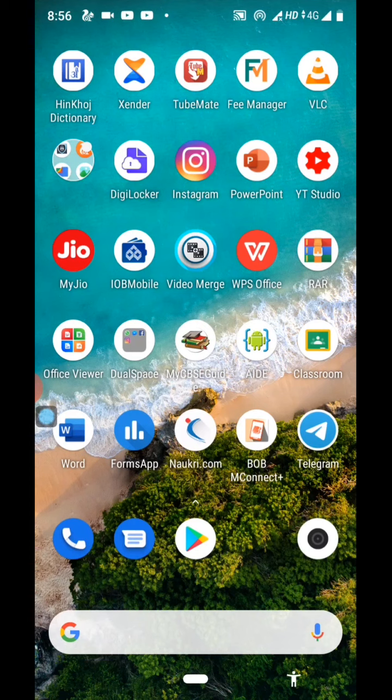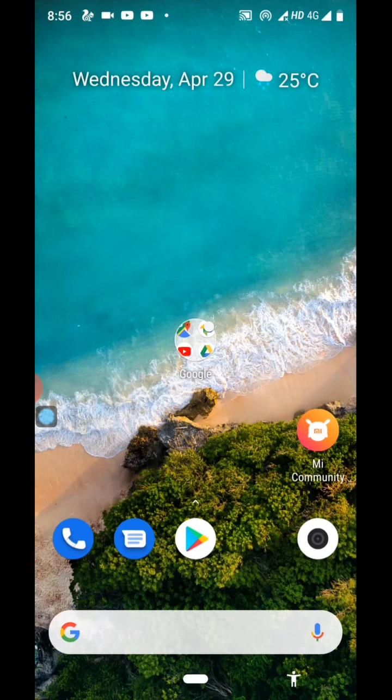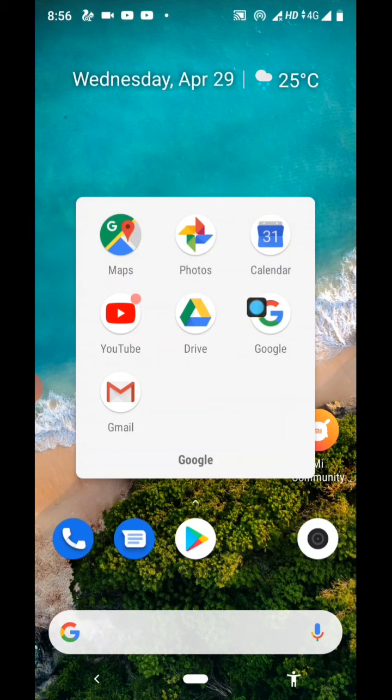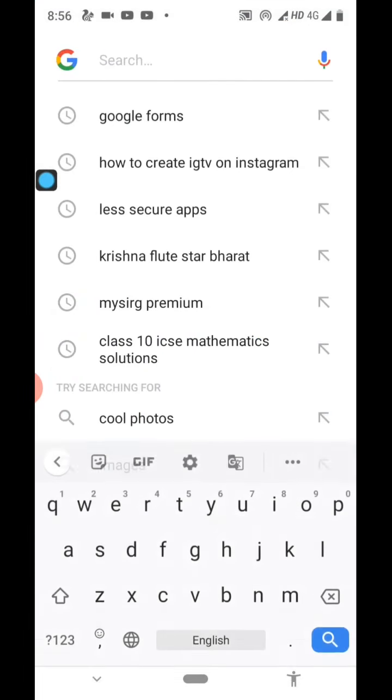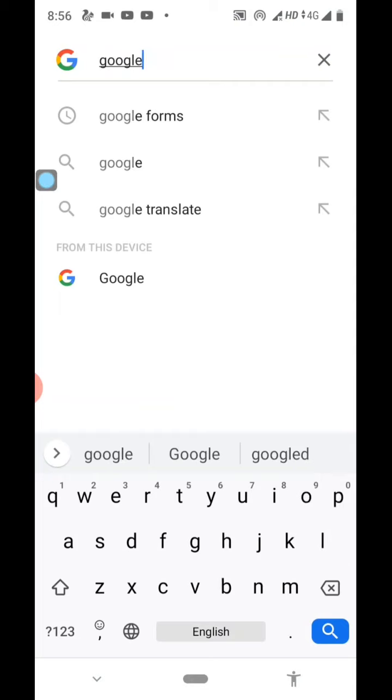The question arises, sir, is there any other way by help of which we can create our own Google Forms or test? Yes, there is an option. Now what we need to do, we need to click on this icon, which is available in all mobiles, all smartphones. Click here and then type Google Forms.